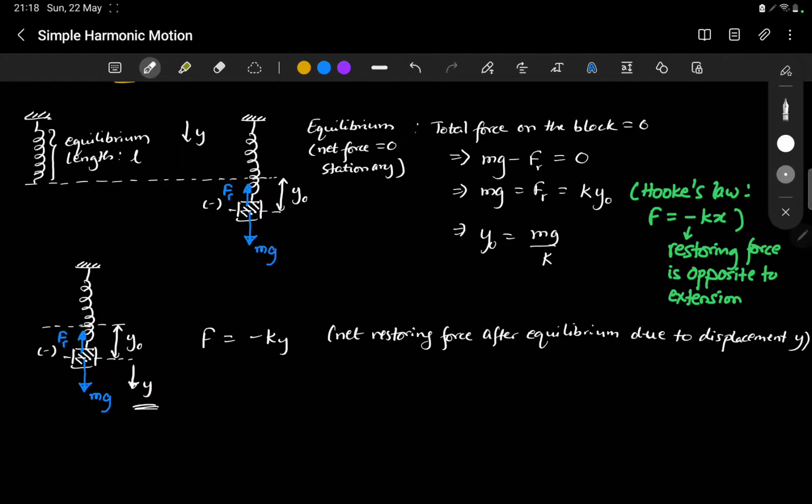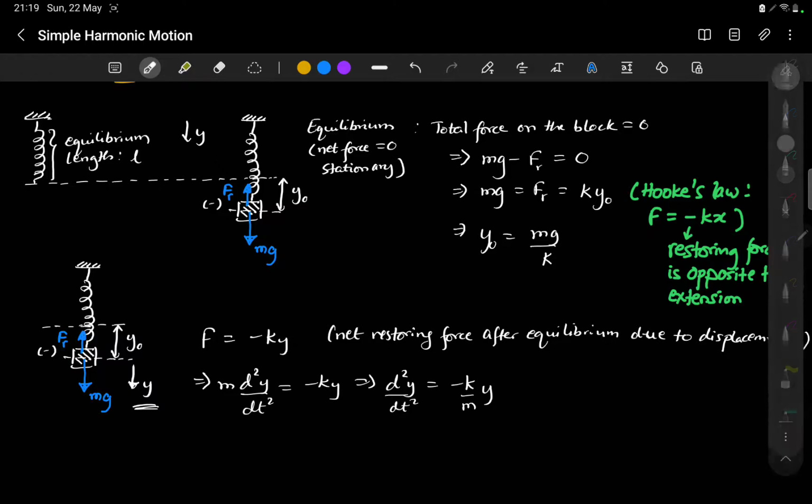Now force is nothing but mass times acceleration. So we have the following. Rearranging gives us this. So this is the equation of SHM. This equation right here signifies that we have SHM motion,